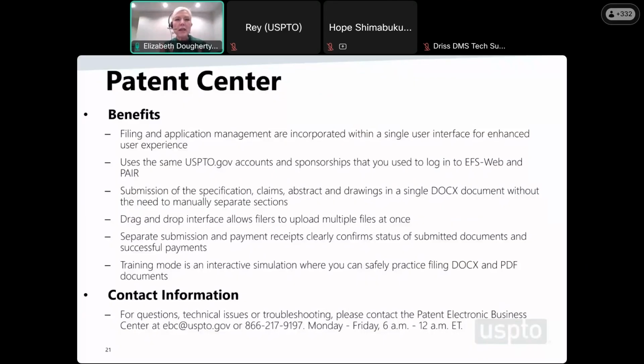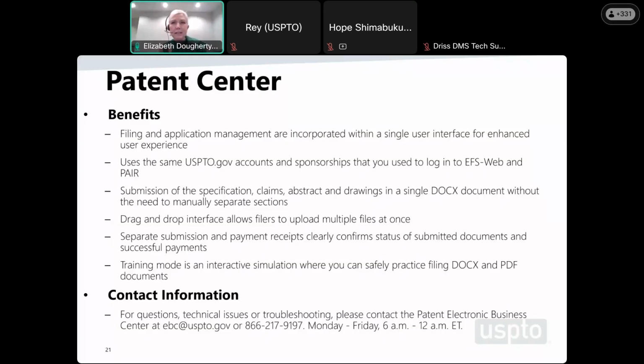It separates submission and payment receipts clearly to confirm the status of submitted documents and successful payments, which is important because you don't want to miss a document deadline, you don't want to miss a payment deadline or not pay the requisite fee, because these things can delay the processing of your application. What you don't want to have happen is to have to receive a notice to file missing parts or a